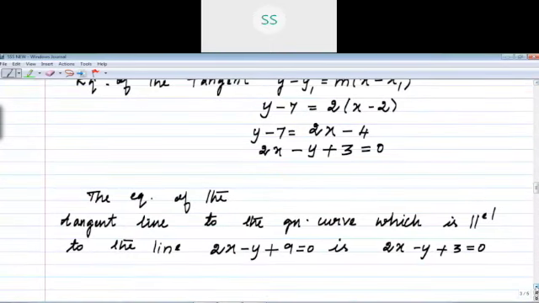So, the lines are parallel. You know the condition, no? A1 by A2 equal to B1 by B2. Here also the same. A1 is 2, A2 is 2. 2 by 2, 1. B1 is minus 1, B2 is minus 1. So, that is also 1. The constants are not equal, C1 by C2 is not equal. So, what we arrived at, the result is correct, right? Based on that, you should apply that concept and check your result.